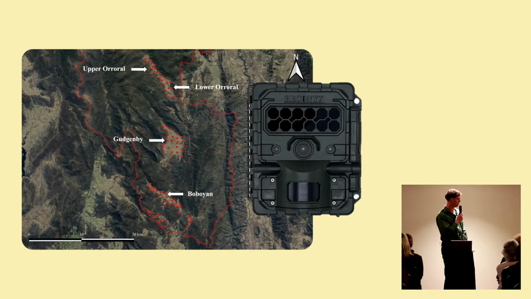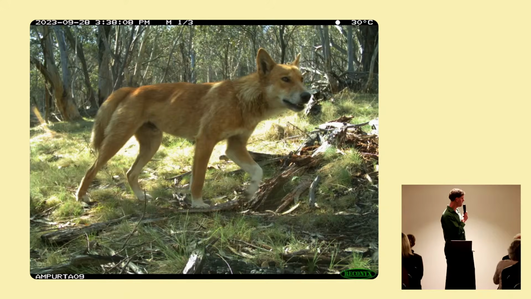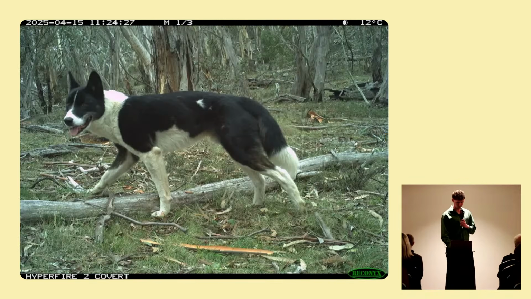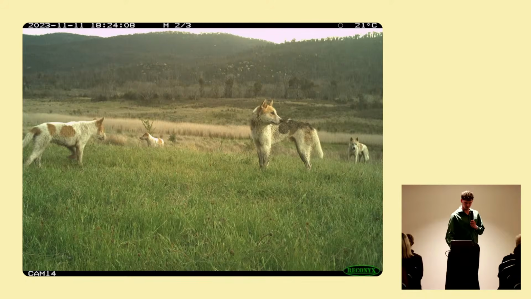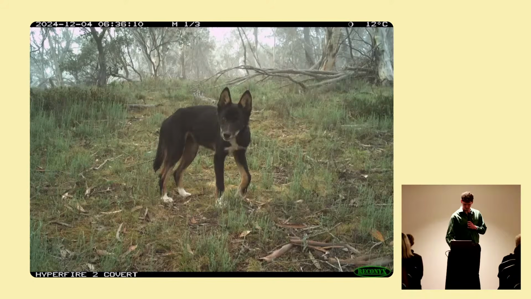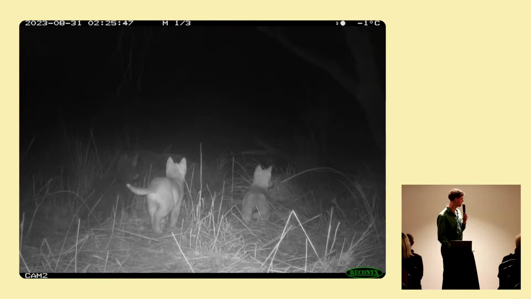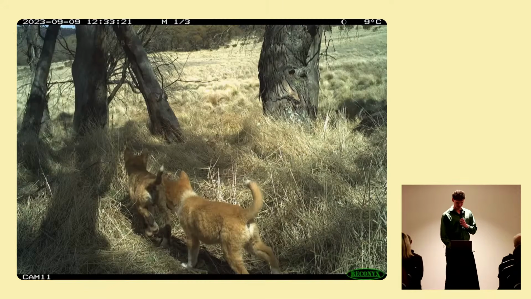We've been using those to monitor the dingo, fox, and cat populations, as well as other wildlife, but today we're just talking about dingoes, foxes, and cats. And obviously we got heaps of cool pictures with these. So I've got plenty of good dingo pictures so everyone can see them. So we got your classic tan dingo here. We got a black and white one. And then we got a little pack here with the pups and a black one. We got another tan one in the snow with its winter coat on. And then we got plenty of little pup pictures as well. There's some following mum. And then some more ones here. So you get some pretty cool pictures.